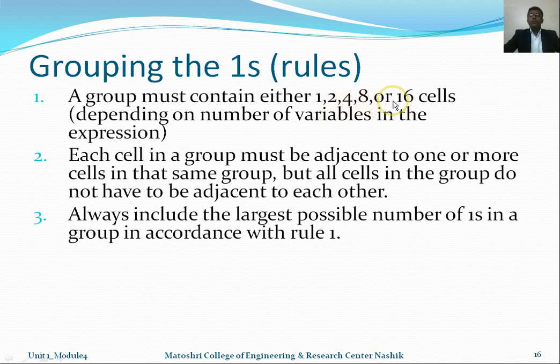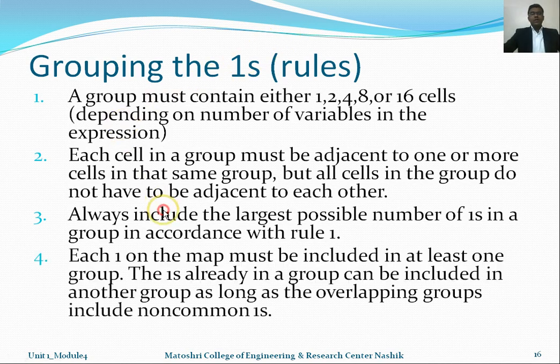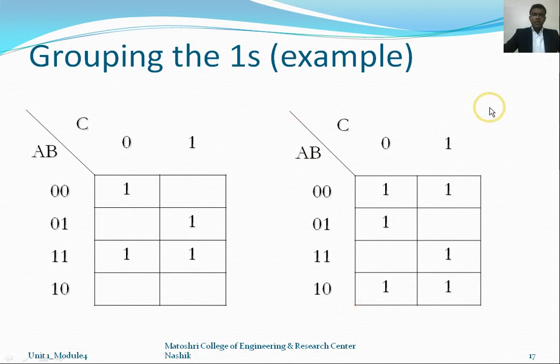So we try to group the ones firstly as a 16 cell group. If it is not possible, then we take the second priority, an 8 cell group. If the 8 cell grouping is not possible in the K-map, then you have to move toward the 4 cell, and so on. So the first priority is given to a 16 cell grouping. If it is not possible, then you move toward 8 cells, 4 cells, 2 cells, and subsequently the individual, that is nothing but a single cell group also. So these are the rules, and we will directly see in one of the examples how we are